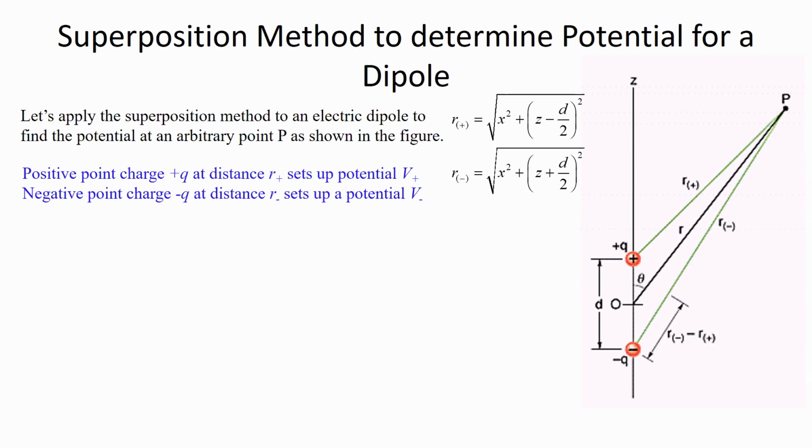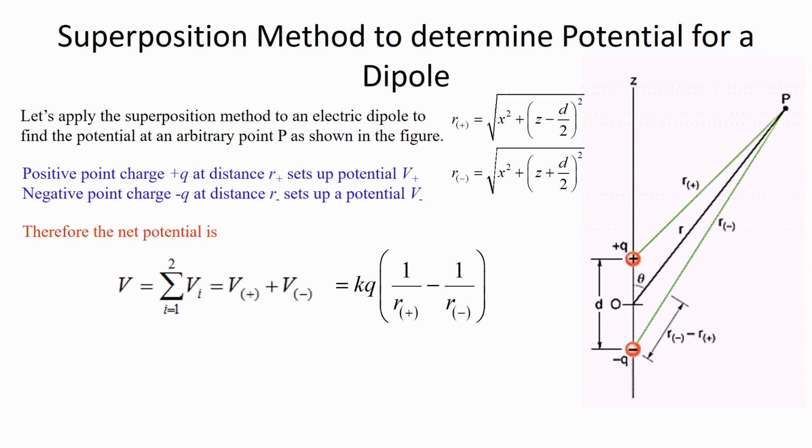So in this case, each charge produces a potential. It's called V plus and V minus. And those can be simply added together. I mean, really added, not vectorially. Being that this is a scalar field, we don't have to worry about direction. This is kind of the nicety about dealing with potential. So the net potential is just the algebraic sum of the potential produced by the positive charge and that produced by the negative charge,